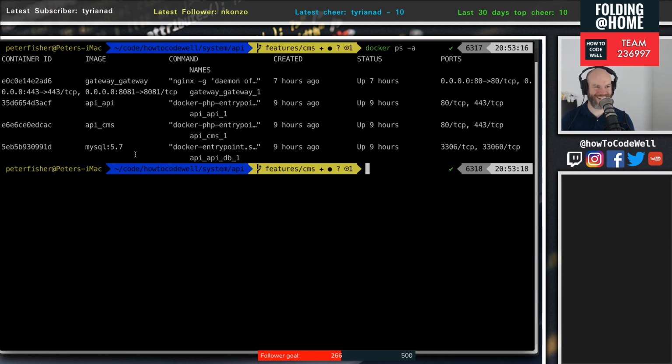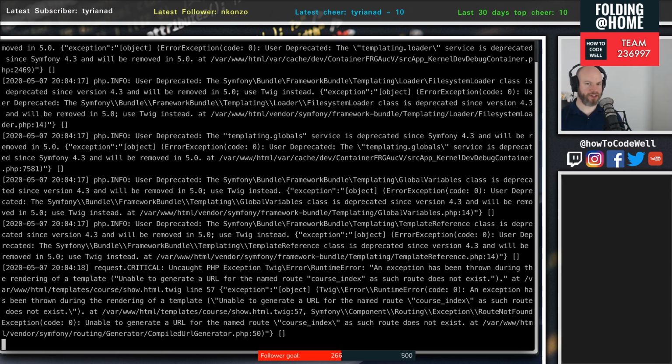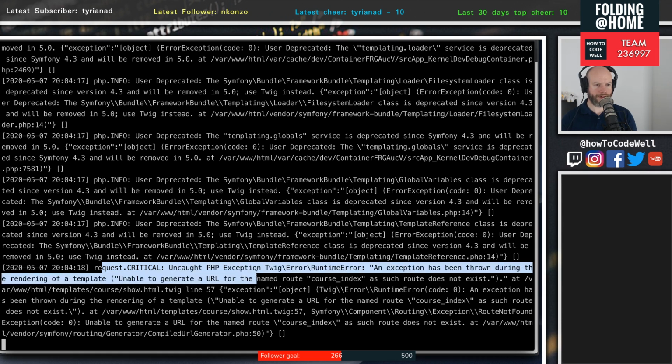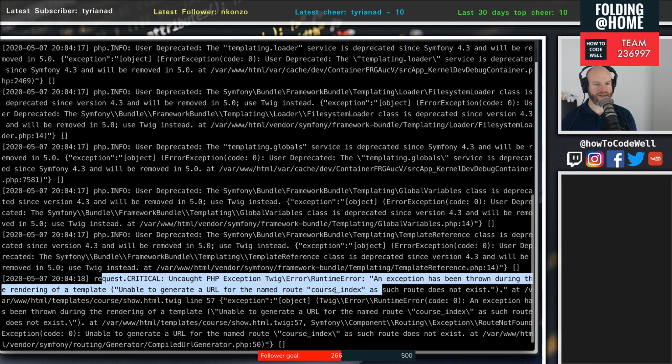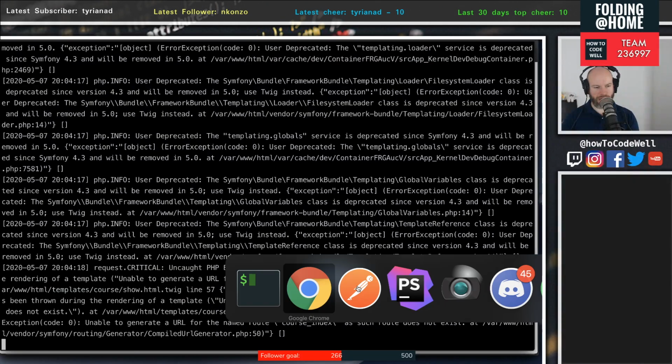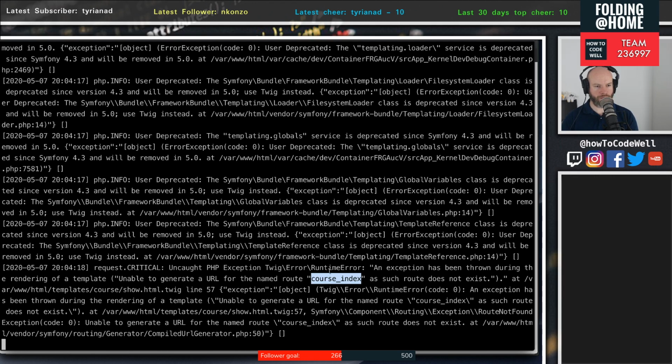So this is going to be fun. Let's go into the CMS and let's tail the logs and see what's going on. Dev. Okay, so here, I think this is it here. Uncaught critical. Twig error, an exception has been thrown during the rendering of a template, unable to generate URL for course index. Oh yes, because earlier after dinner, what I was doing